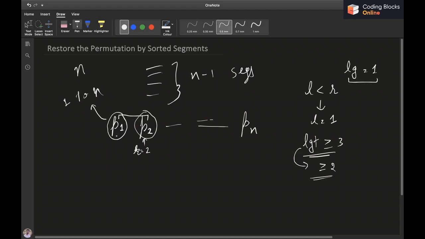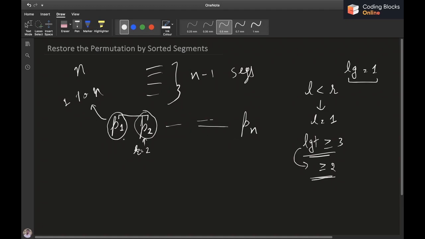In that case, if we delete p1 from each of the segments that contain p1, it is for sure that the length of all others is going to be greater than or equal to 2, and the one which had r value equal to 2 is going to be 1. We just established that. That's because the segment for which r equals 2 is going to be p1, p2, or maybe p2, p1, but it's going to contain p1 and p2 in some order. It depends on whether p1 or p2 is greater.